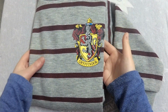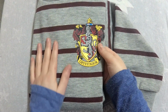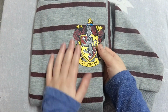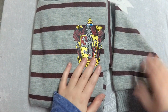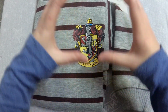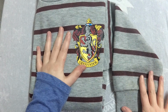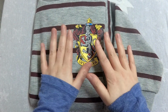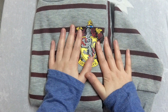This was my second Gryffindor jumper. You can tell that it's Gryffindor because of this crest here. But besides that, it's a lot more subdued because it's just burgundy and grey instead of gold and burgundy. And it's stripy all over. Instead of being plain red with a strip of gold and a little strip of gold, it's just stripy all the way over. I don't like this one quite as much, although it's a lot more wearable,